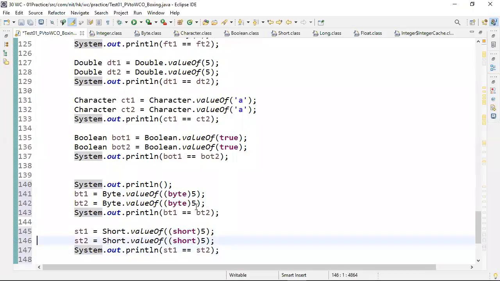Here we will get false. 150 is converted to a byte range value because of the cast. And here no conversion. 150 is in the range of short, no conversion. 150 only will be there.